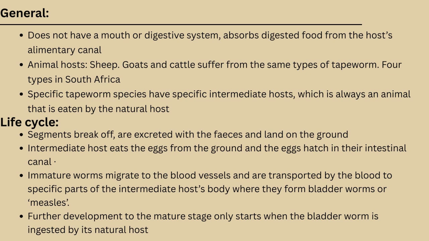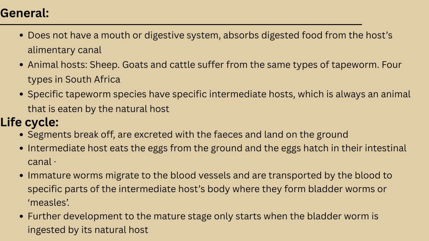General. Does not have a mouth or digestive system, absorbs digested food from the host alimentary canal. Animal hosts: sheep, goats and cattle suffer from the same types of tapeworm. There are 4 types in South Africa. Specific tapeworm species have specific intermediate hosts, which is always an animal that is eaten by the